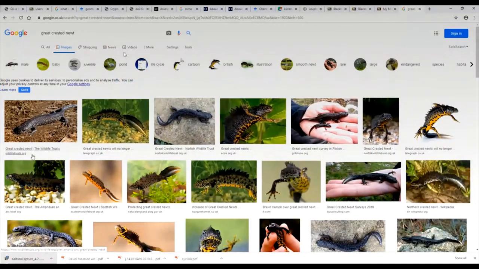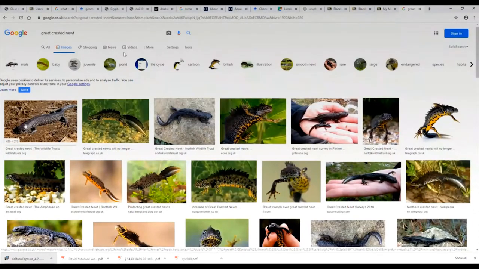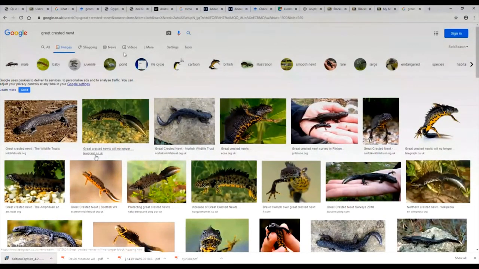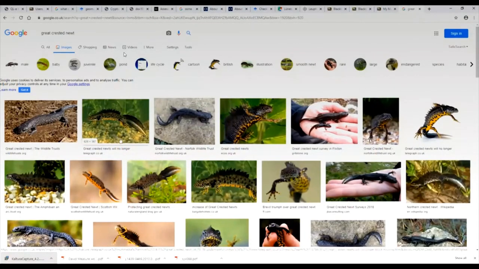Now this one isn't so good because it doesn't have the crest on the male. This must be a female. But this one has the crest. Look at that, lovely one. It's from the Telegraph. Now the Telegraph is a newspaper. You should think that newspapers do proper research and know what they're printing, but I wouldn't be so sure. They're not as reliable as, say, a scientific organization. So handle it with care. I wouldn't necessarily use this one, but let's keep going. Norfolk Wildlife Trust, the Telegraph again, right? So these are all